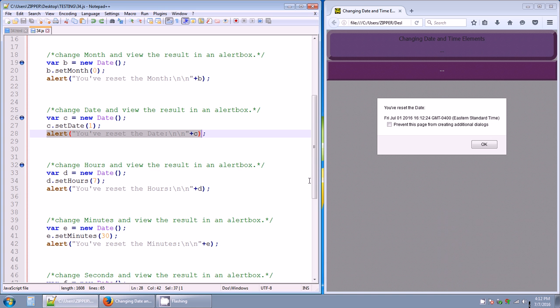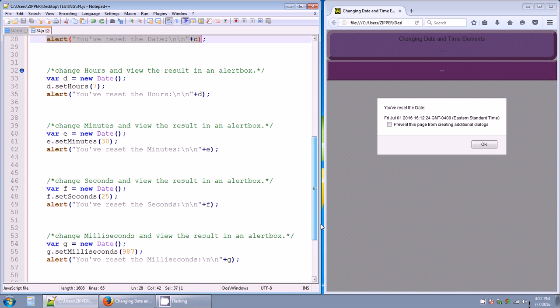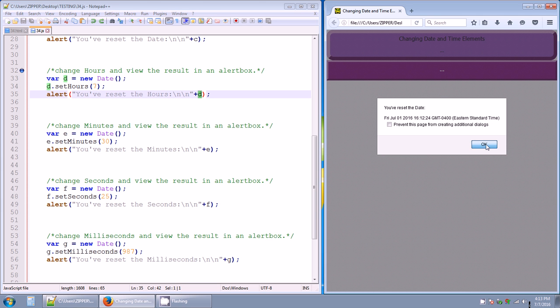Then when I click OK again, we're going to see what happens when we change the hours. var d equals new date, d.setHours, and this is going to be the 7th hour, so that's going to indicate 7 in the morning. The alert is going to say you've reset the hours. It's going to go down a couple of spaces, and it's going to show us the value of d. So let's click OK. You've reset the hours. Thursday, July 7th, 2016,